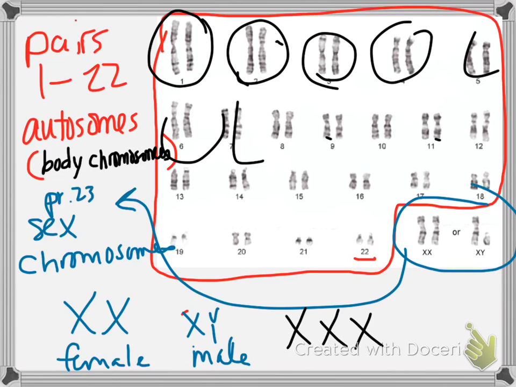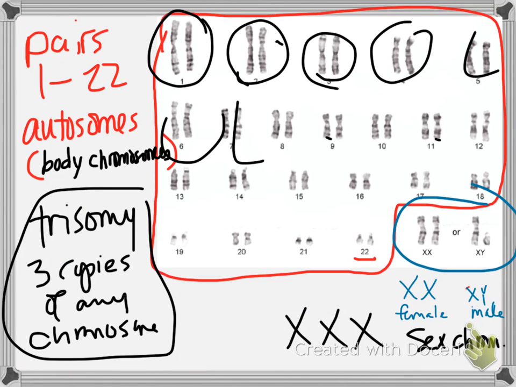And you present as biologically female. At birth, there is nothing that says not a female. External genitalia look female. Internal genitalia are female. I think Turner syndrome individuals are typically infertile, as I recall. There are also distinct physical characteristics that go along with this particular trisomy. So having 3 copies of any chromosome is a trisomy. I'm going to write that down. Okay, so you can have a trisomy on the sex chromosomes.